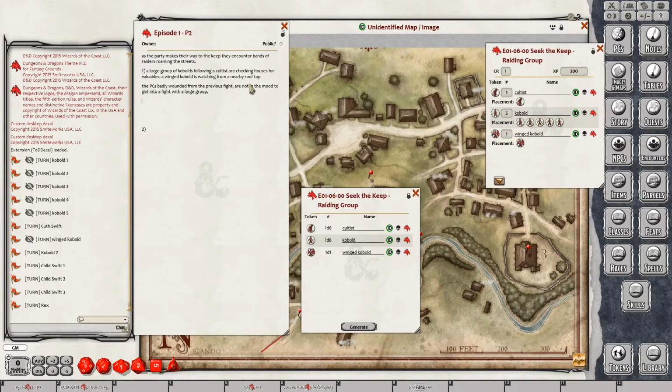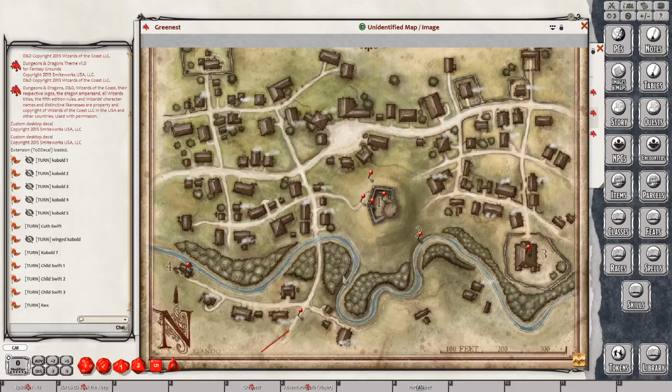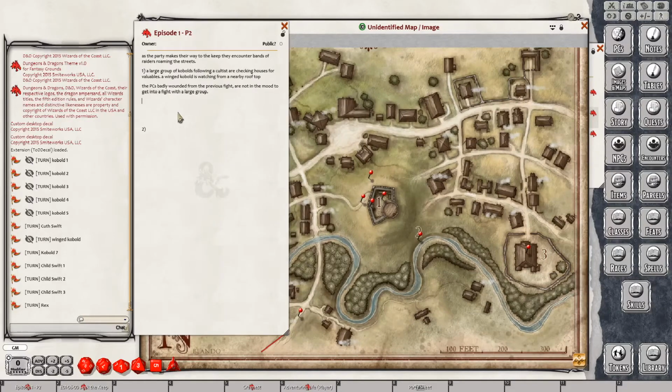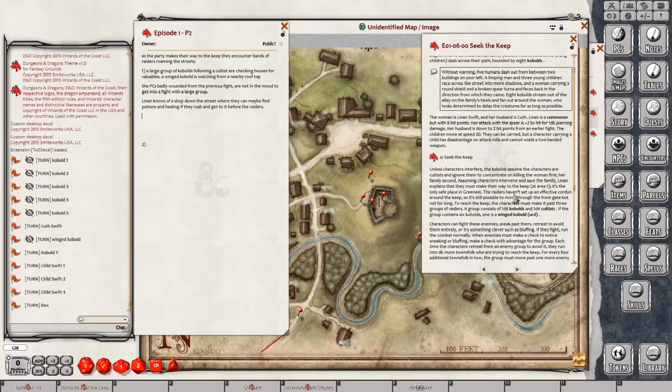I think, what was her name? Linan knows of a shop down the street where they can maybe find potions and healing if they rush and get to it before the raiders. So I think the party is going to take her advice and say, okay, let's try to get there first. How do we avoid...